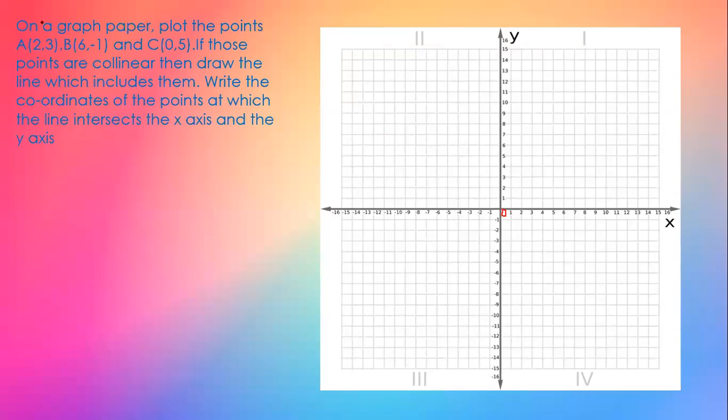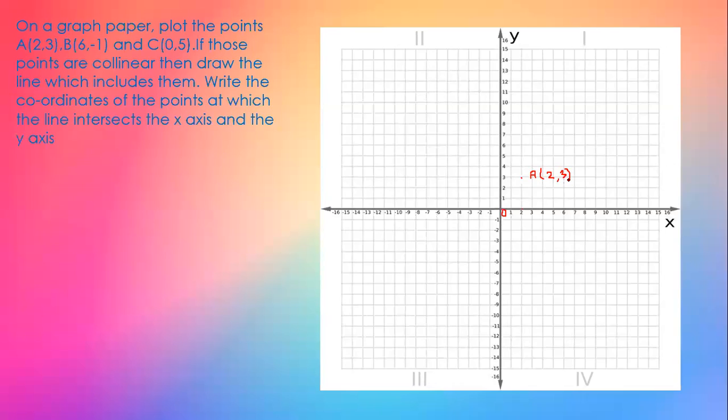Okay. So the first point given to us is point A, 2, comma 3. So on the x-axis, we can see 2 over here. And on the y-axis, we can see 3 over here. So the point will come from if we draw a line parallel to the y-axis from 2 and parallel to the x-axis from 3. So the point will come over here. Okay. So we can mark the point, and write the name of the point also A, and then write the coordinates in the bracket 2, 3.